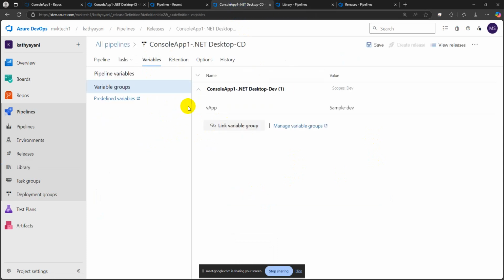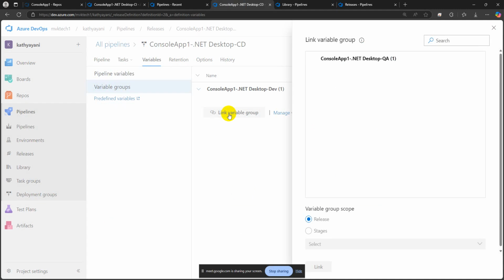Clear? Now again you need to link. Just click on link variable and you can see only QA is visible now because dev is already integrated. But be careful when we are going to integrate. You have to integrate only the appropriate variable group which belongs to this particular application. Okay,